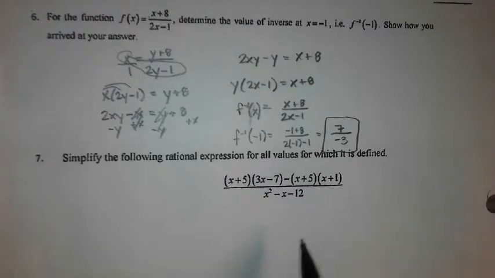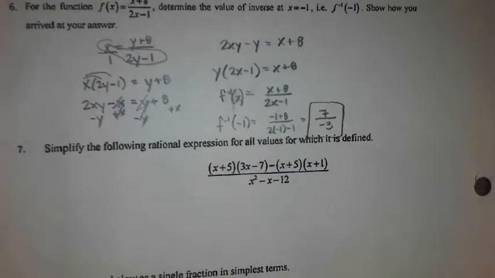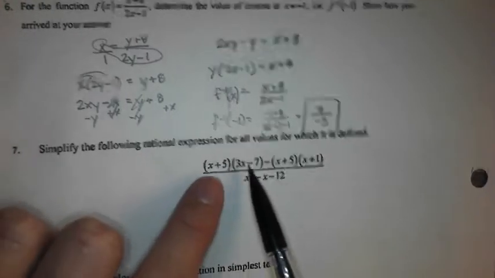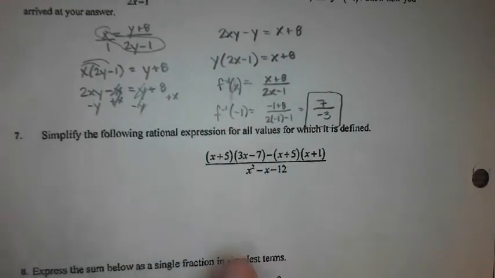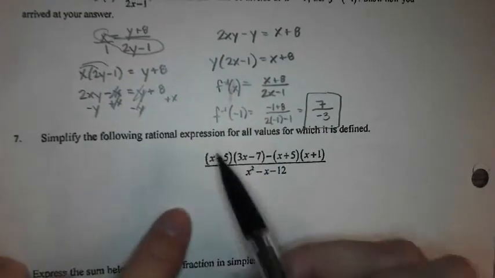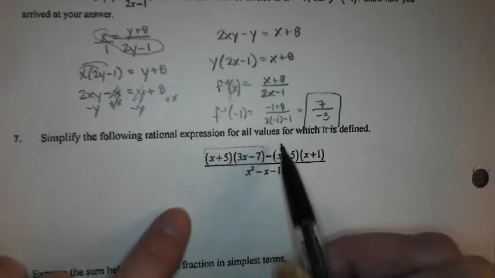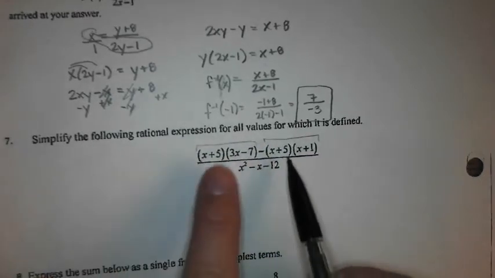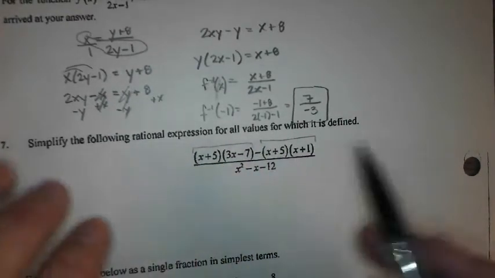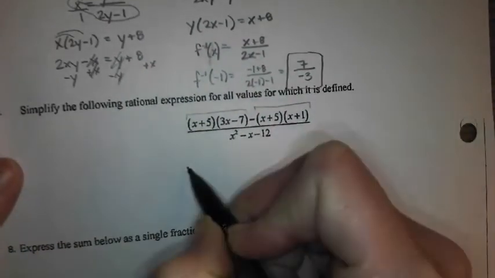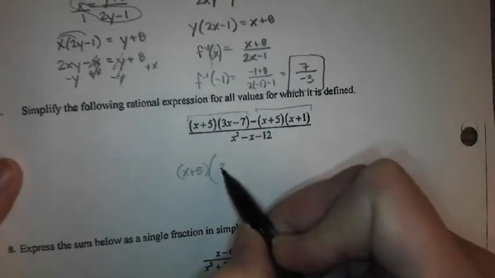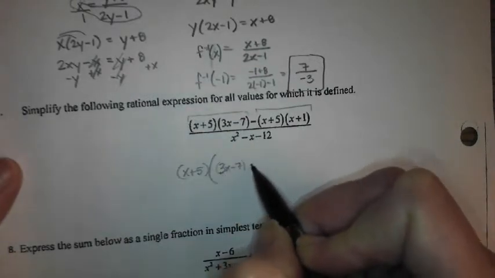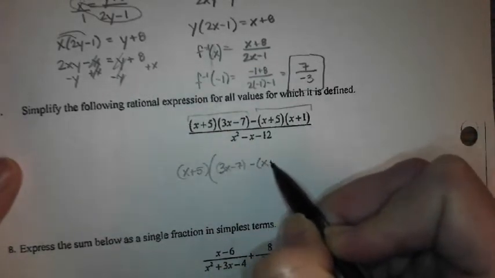So in the following expression, we want to simplify. So simplifying, again, is always factor, cancel. Some of you may be thinking, oh, let's just multiply all this out. No, I want to capitalize on the fact that this numerator is already partially factored. It's almost like mid-grouping. If you look at the two terms, they have an x plus 5 in common. So I'm going to factor out that x plus 5, and I'm left with a 3x minus 7 minus an x plus 1